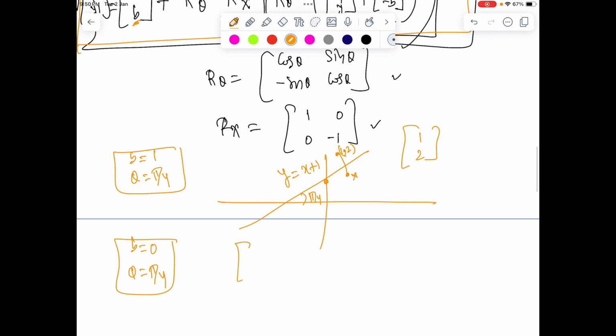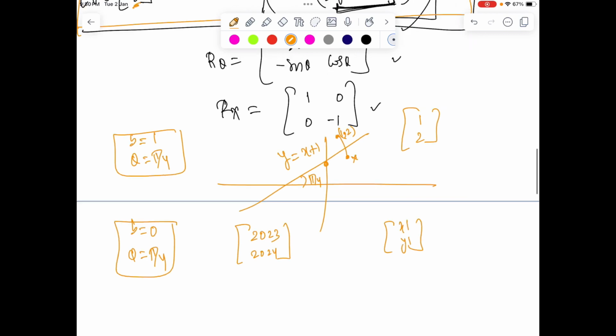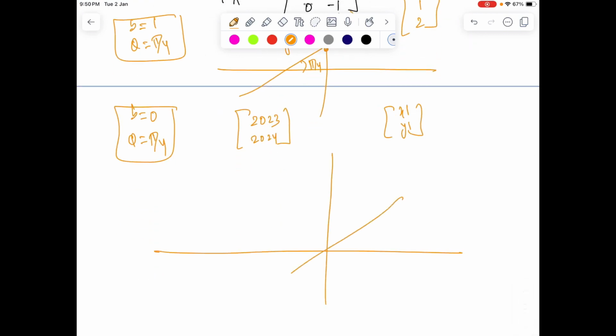Let's say for b equals 0 and theta equals pi by 4, they give the input point xy as 2023 and 2024, and you are asked to calculate x dash y dash. It's nothing but a reflection, since b equals 0 means passing through the origin. So this line will be y equals x. So the reflection of 2023 comma 2024,